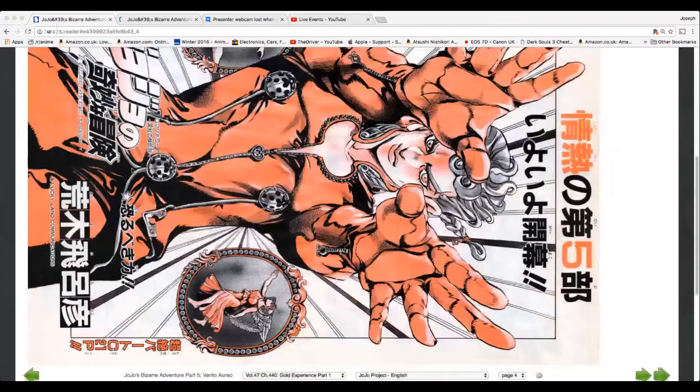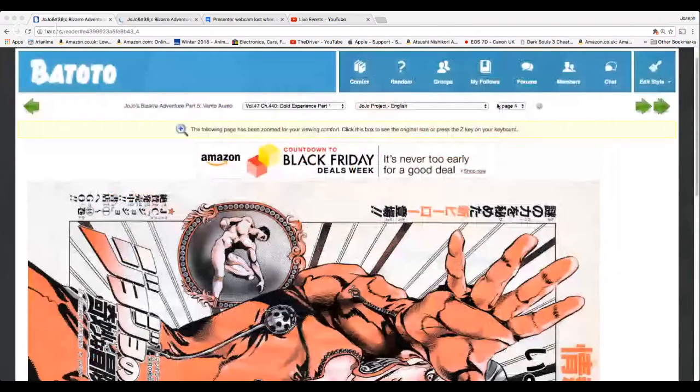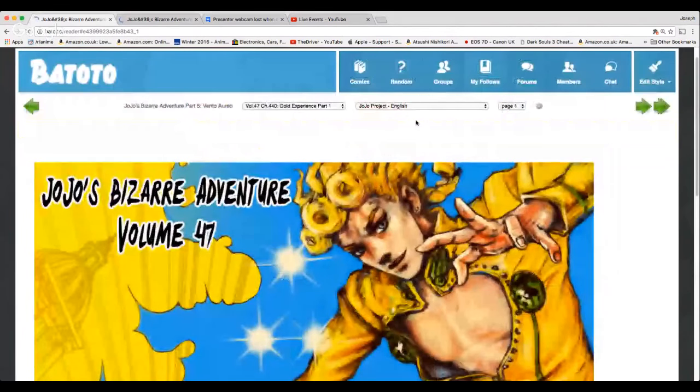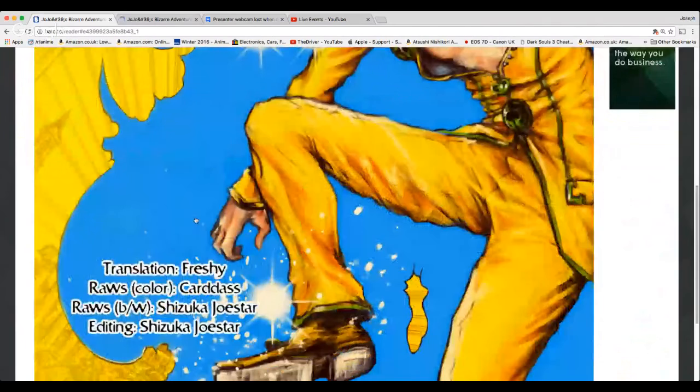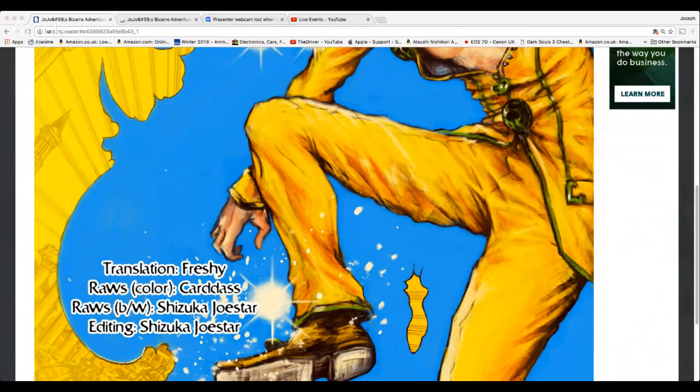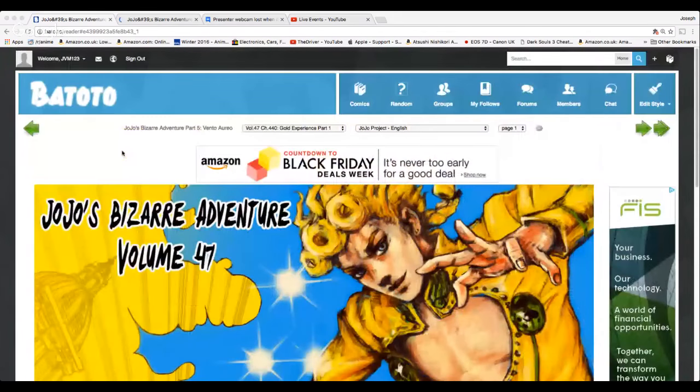Okay, so I'm on page 4, aren't I? Because I had to go and quickly check whether there's actually a lot of difference between each version of it, which technically really isn't for me. I saw the first opening pages weren't actually too many changes. I haven't noticed anything that says, oh my god, that's a bad translation. Anyhow, we're going to about 64 pages there. I think we're doing chapters 1 to 3, called The Golden Experience Part 1.